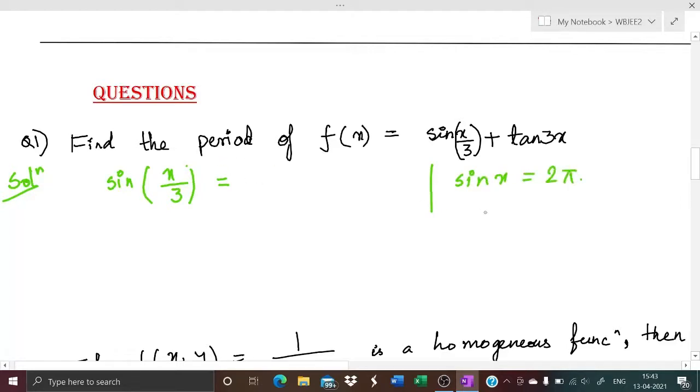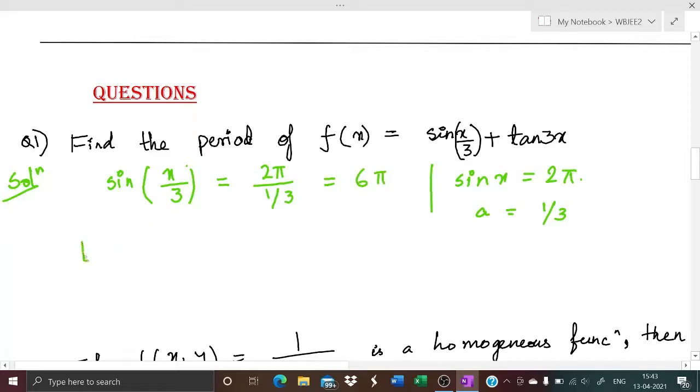So here in this case a equals 1 by 3. So sin x by 3 का पीरियड क्या होगा, sin x का पीरियड divided by mod a, that is 2 pi divided by 1 by 3, that is equals to 6 pi. Okay,